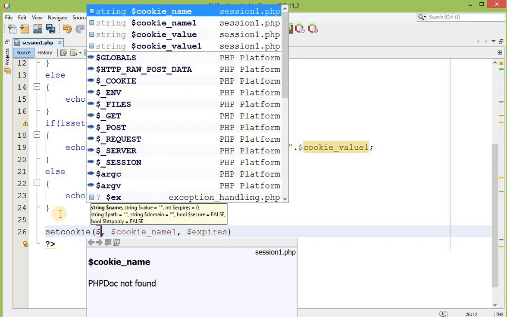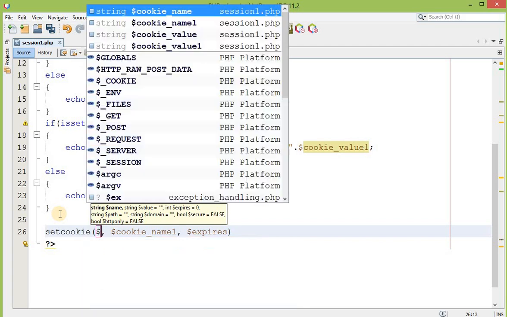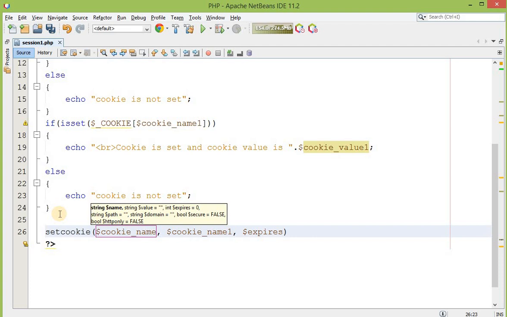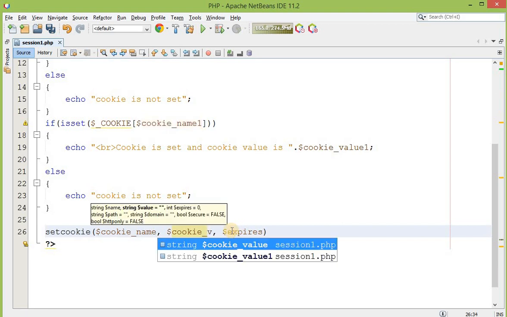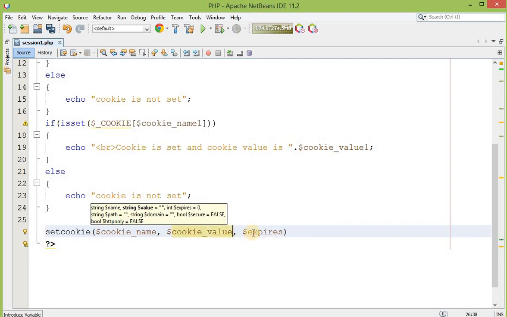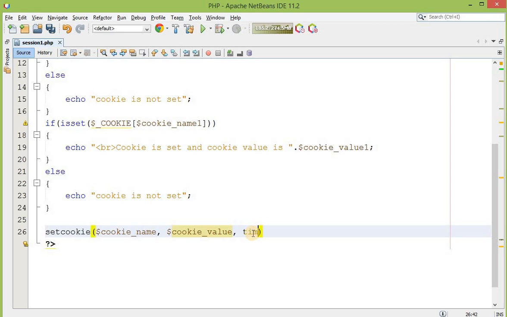The cookie name, after that the cookie value, and you just need to define a past time. For example, if I am writing like this, this time will return me the current time, and this is the current time minus this many seconds. So it will provide me a past time.